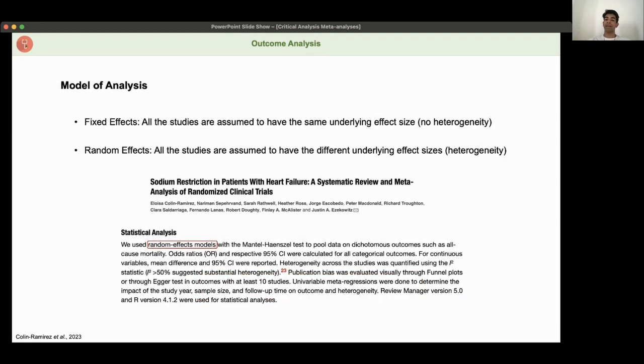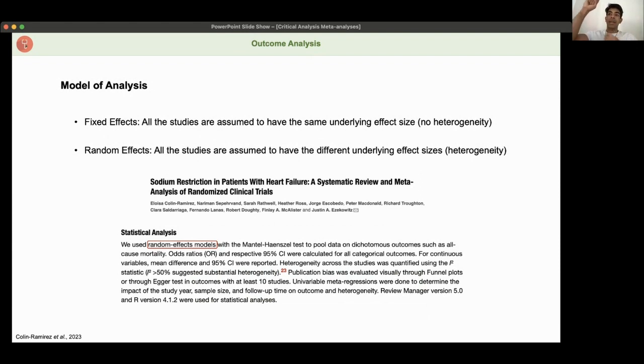And then how have they analyzed these outcomes? So this is where we get into the different models. And don't worry, you don't have to know them in very much detail. You just need to know 2 sentences. There's 2 models, the fixed effects model and the random effects model. The fixed effects model assumes that all the studies that we've included have a single end answer. So let's say you've taken 100 studies on this exact topic, 100 randomized controlled trials.